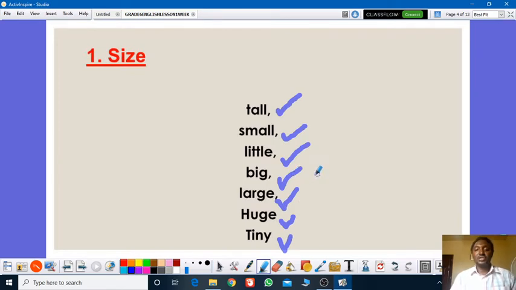Remember, there are other words which mean big, like humongous, the synonyms of big: large, huge, humongous, gigantic. Then we have other words that mean small, like minute, tiny. Whenever you find those words, they should appear first in a list of adjectives,